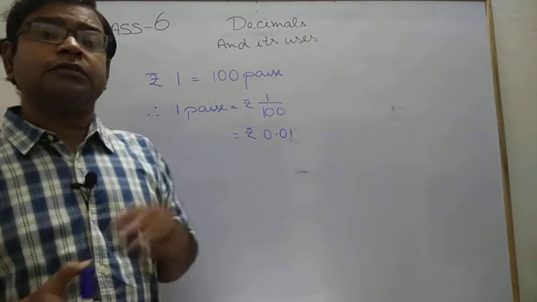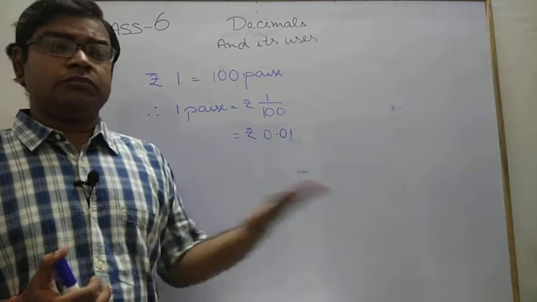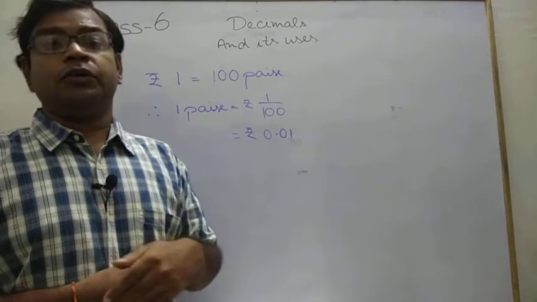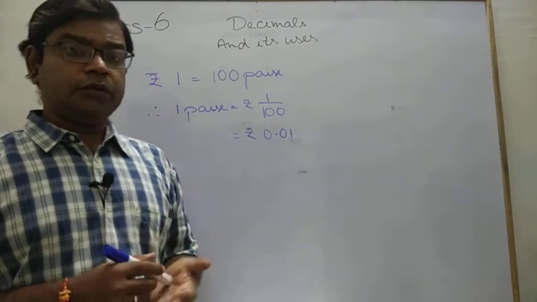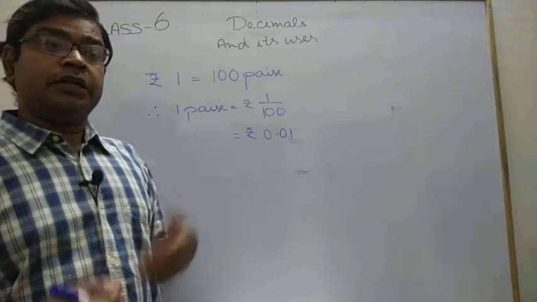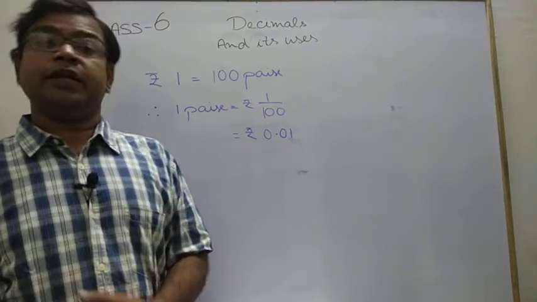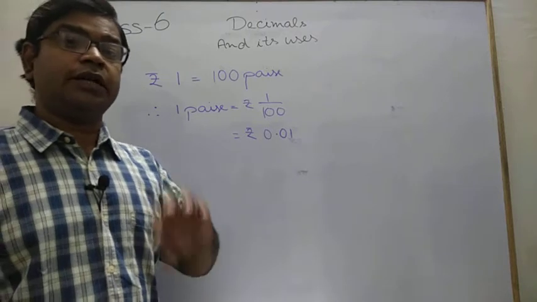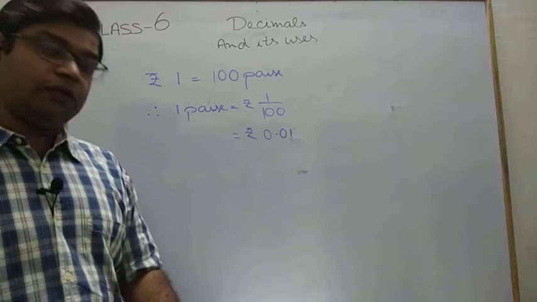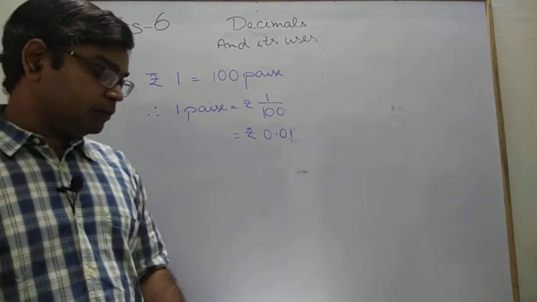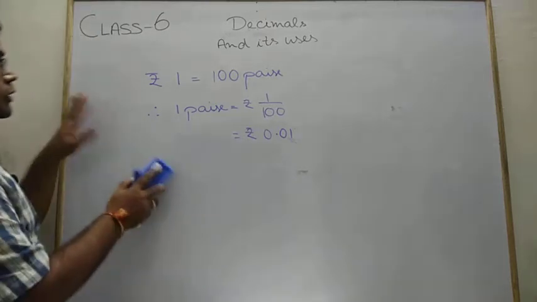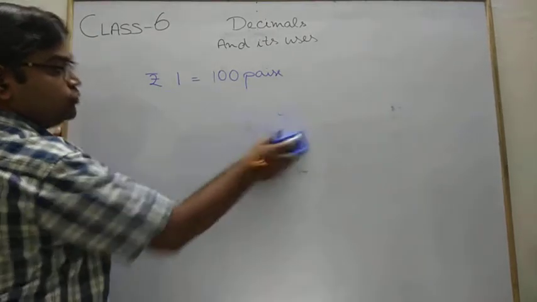Similarly, we can convert your length unit, your mass unit, gram into milligram and gram into kilogram, meter into kilometer, meter into millimeter. We can easily convert likewise, as we already discussed in last classes. We are now going to discuss some questions one by one so that you can easily understand the concept of this decimal, where we use it and how to use it.